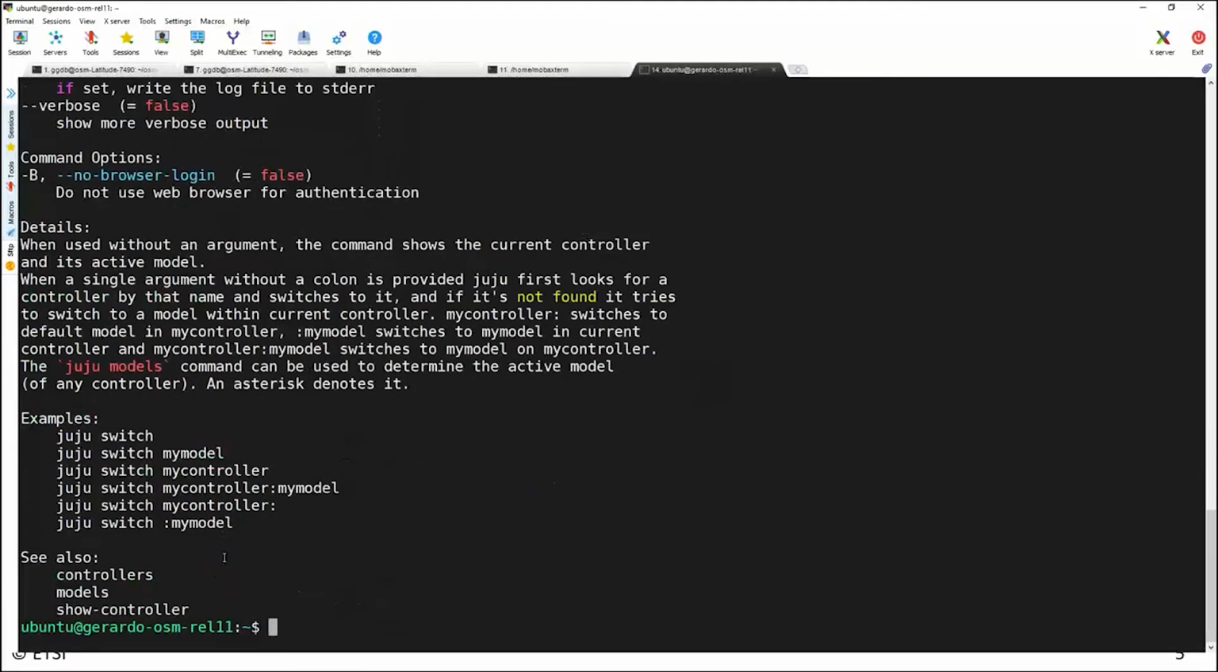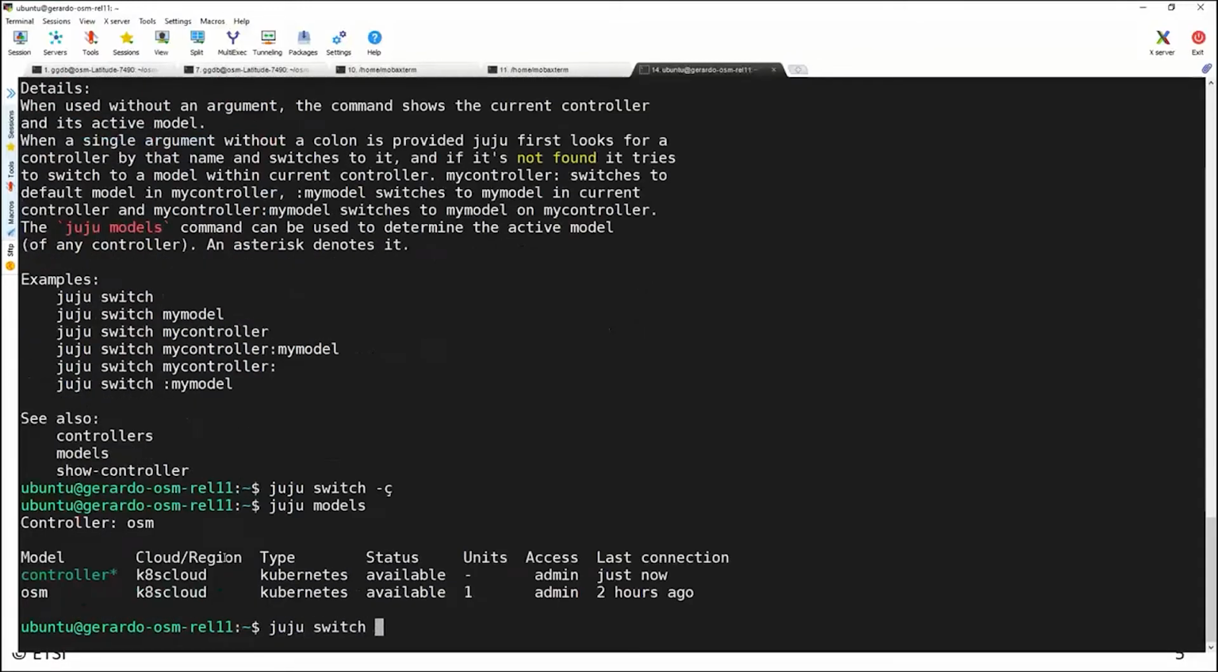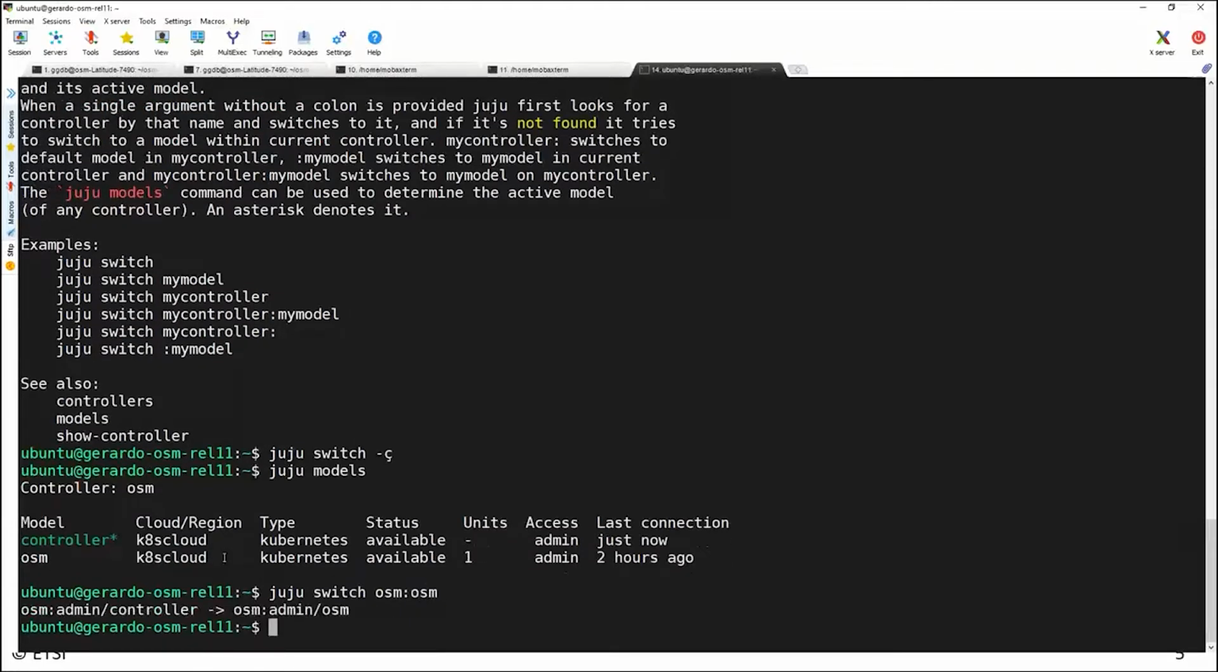I don't remember how to switch the model on my controller, right? So let's switch. Okay,